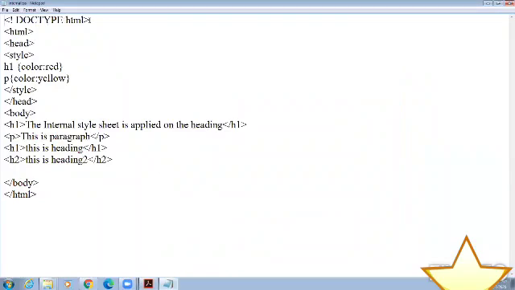Here, as it is HTML5, this doctype HTML is given, HTML tag, head tag, and very important to use the style tag. Afterwards here, it is called a selector because it is without the angular bracket. Again, one more selector I have used, that is P selector. The color is applied, color is a property, and red is a value. If you want to apply multiple properties, put a semicolon here and write all your properties.